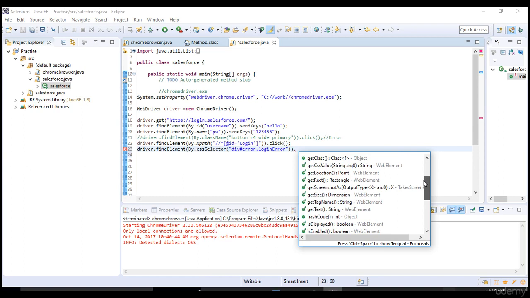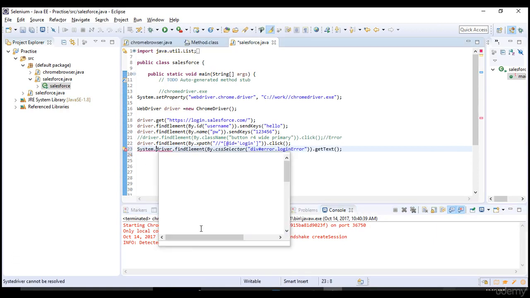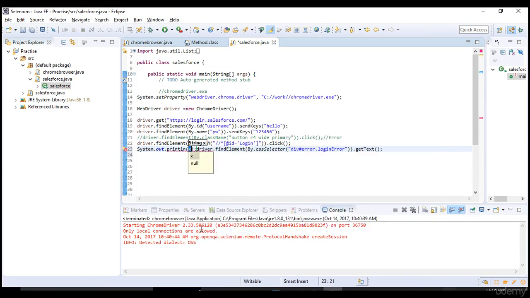I hope you got it now. This one. getText. Simple, right? By seeing the name itself we are understanding. We go and get the text which is present at this CSS selector. So this CSS selector is pointing to this block and we are grabbing the text from it. Okay, that's all, simple. So once we grab the text, to see it in your output you need to print it in your console window, right? So just say System.out.println, just a Java step to print the message. So the output of this step will be printed in your console.